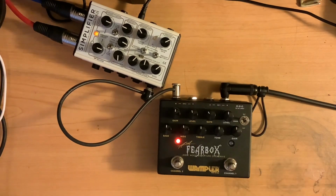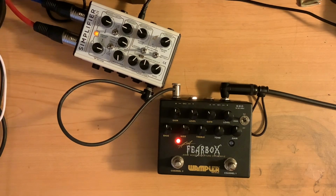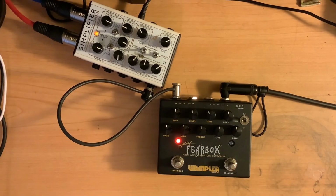Just like that. And it's not super tight, it's not like a Dime Bag or ISP style noise gate. It's just very subtle but very effective, and I have not felt like it's choked out any notes unnaturally or been unpleasant or anything. In fact, that would be a super cool thing to maybe get from Wampler at some point. I'm really surprised that we haven't gotten an independent gate pedal, or just this gate added on to some other pedal,